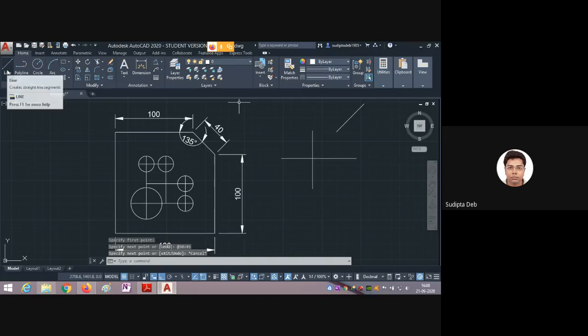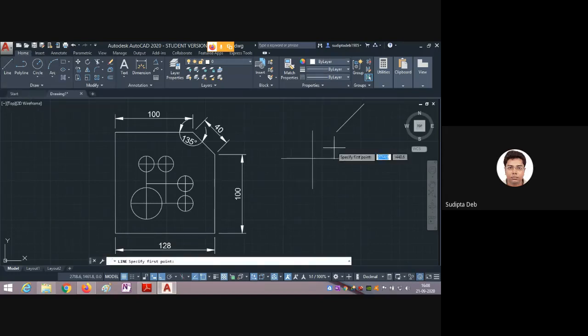Again I am showing you. First, again line L I am taking. This is my initial point. Now for the next point I want to use minus 45. Again I put the value 50 less than minus 45. What happened? It is taking the opposite direction.